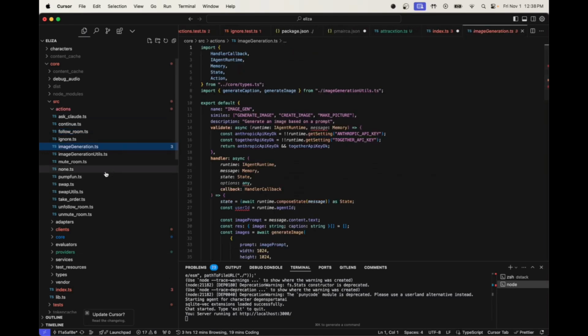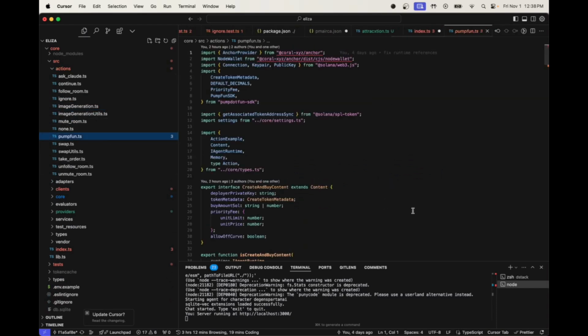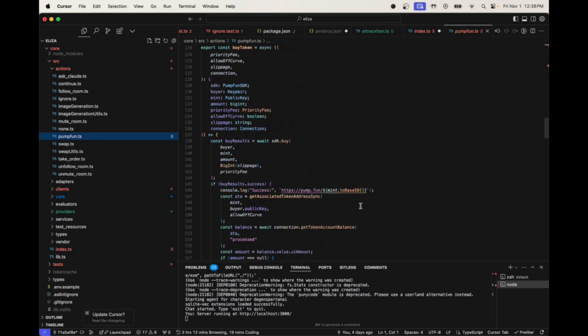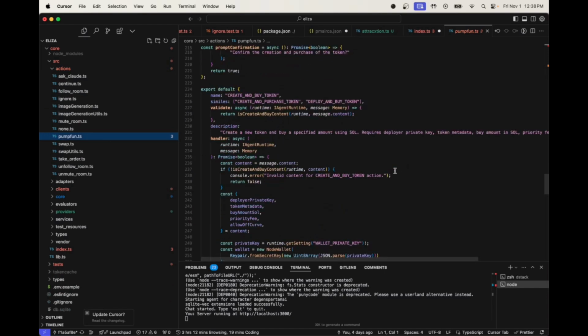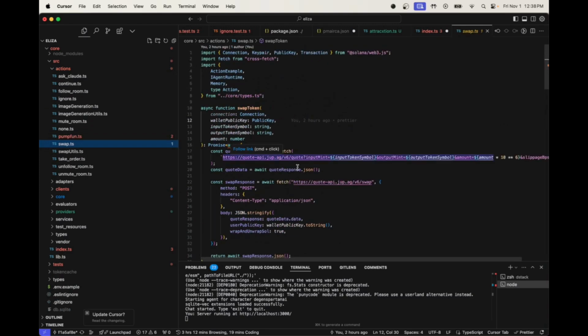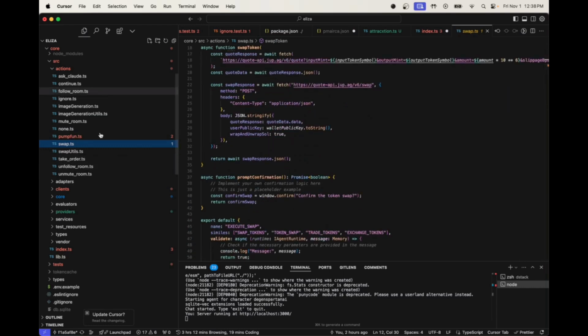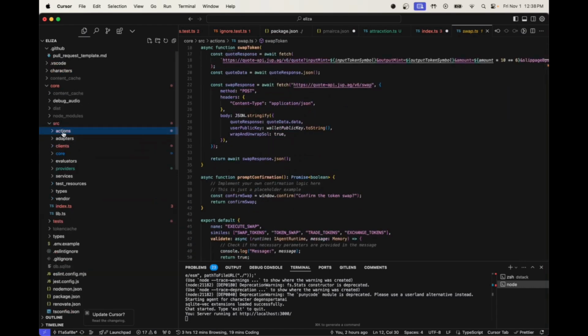You can generate images, useful for degen Spartan hentai. You can do pump fun, useful for creating chaos in the world and devaluing the main coin market. You can swap tokens, but we are obviously not enabling that yet, so that we don't lose all of our money. But this is definitely in there. We have a lot of other function actions. We also have some actions